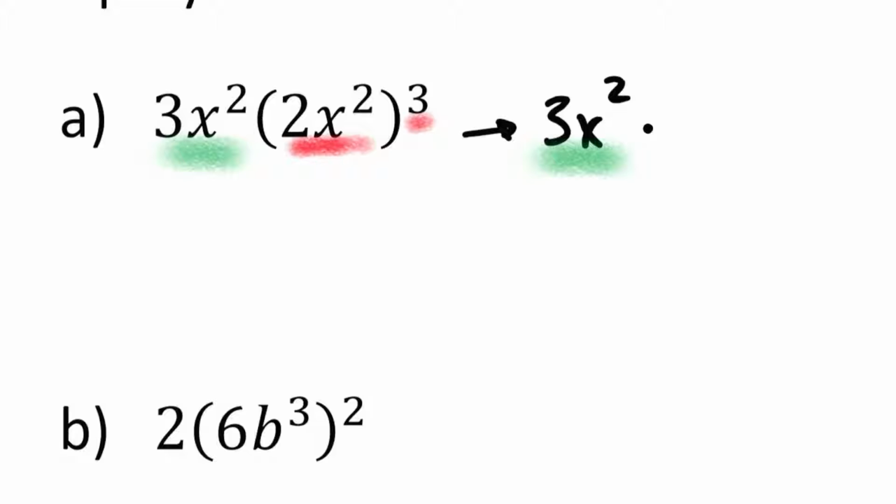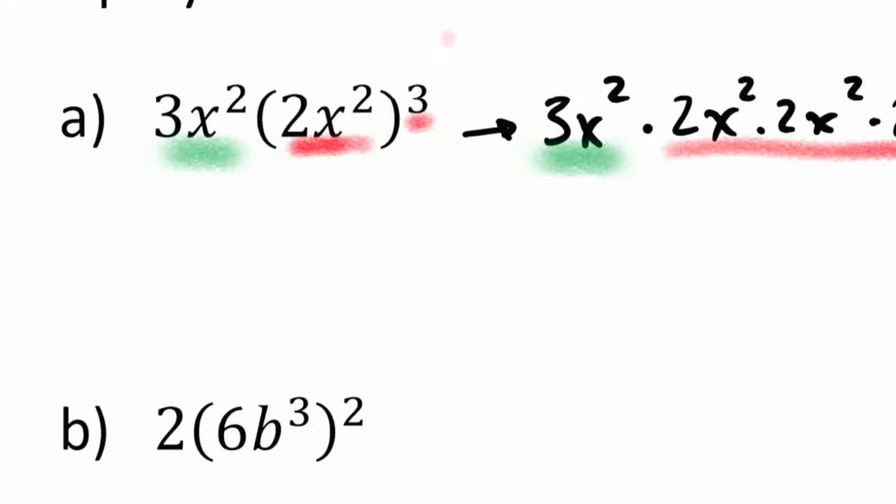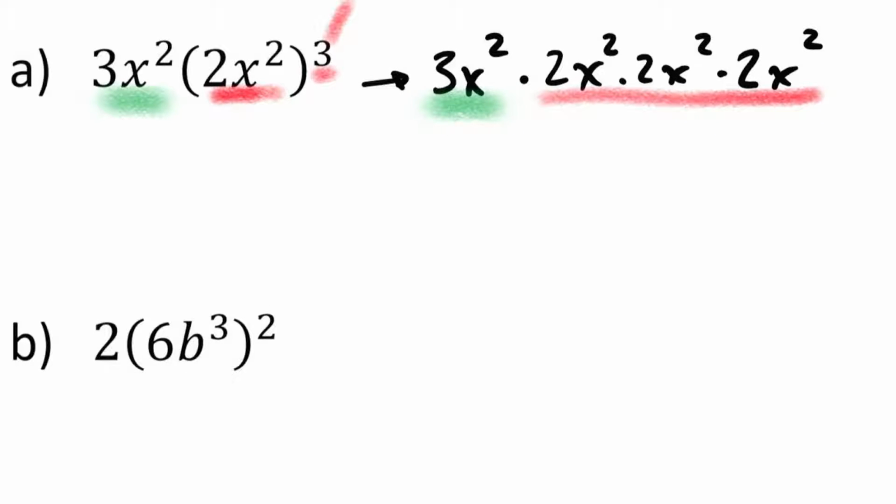But then I'm also going to include these factors. I've got a 2x squared, another 2x squared, and a third 2x squared. So all of these factors are coming from the fact that this was raised to the 3rd power. So now that I have all those listed out, what's my answer going to look like? Well, I've got 3 times 2, which is 6, times 2, which is 12, times another 2, which is 24. So numerically, I've got 3 times 2 times 2 times 2, which is the number